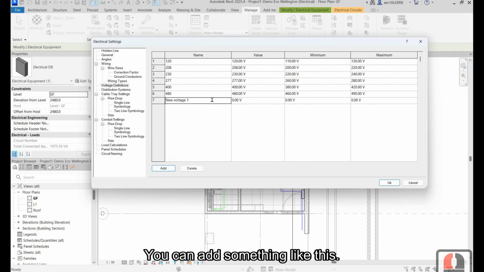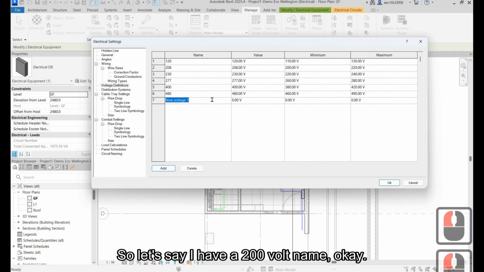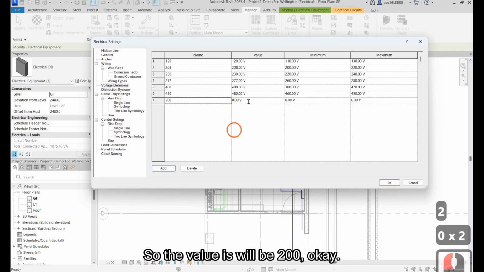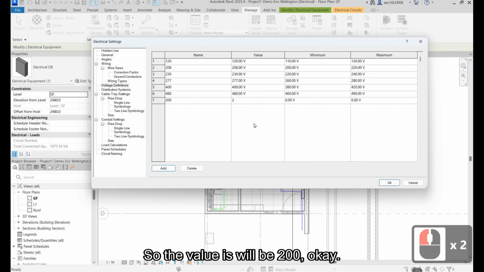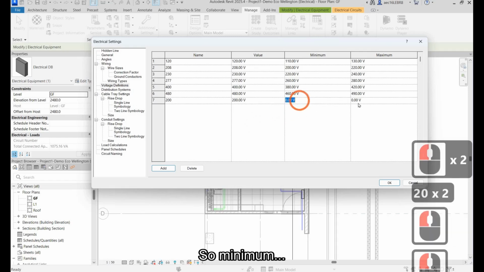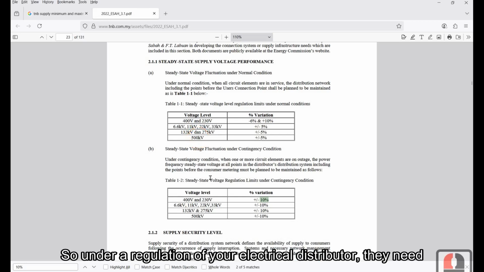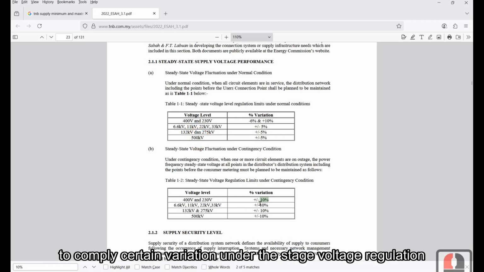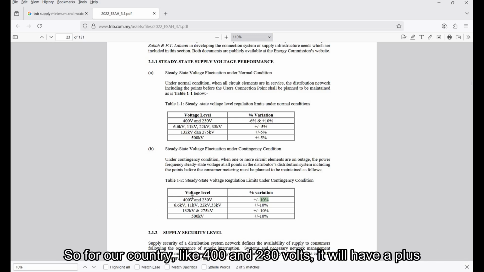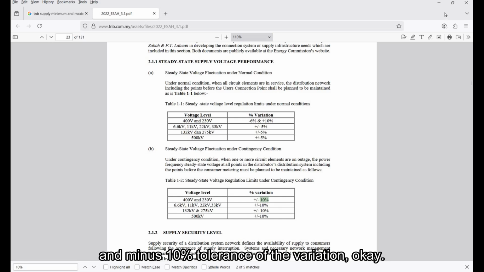You can add something like a new voltage name. This is your name. So let's say I have a 200 volt name, so the value will be 200. Okay, so what is the minimum and what is the maximum? Under the regulation of your electrical distributor, they need to comply with certain variation under the steady state voltage regulation limits. For our country, like 400 and 230 volts, it will have a plus and minus 10%